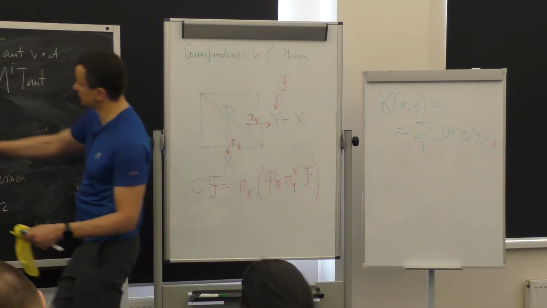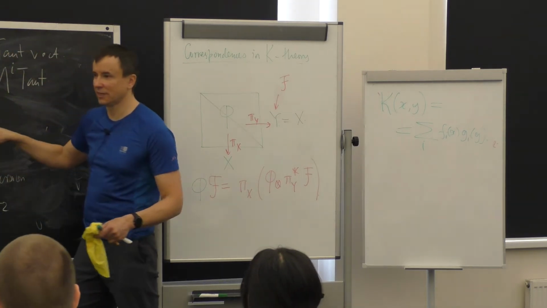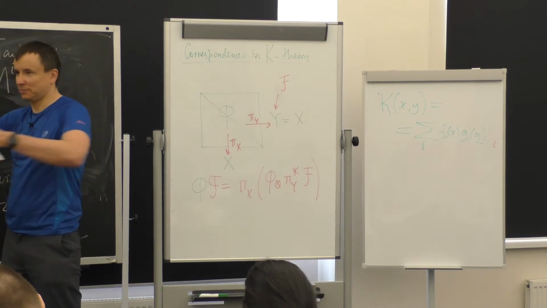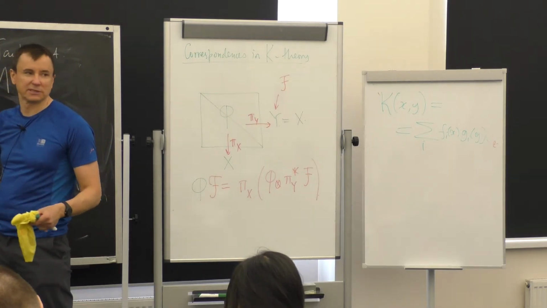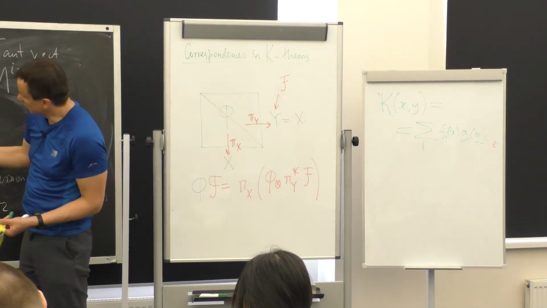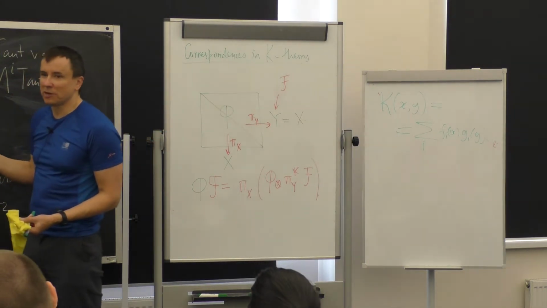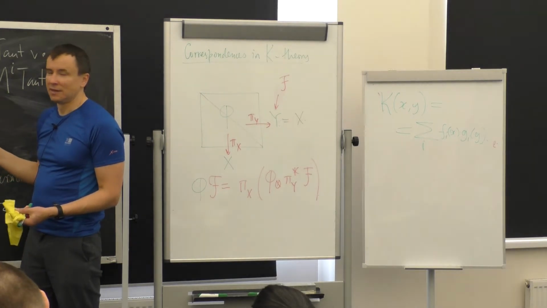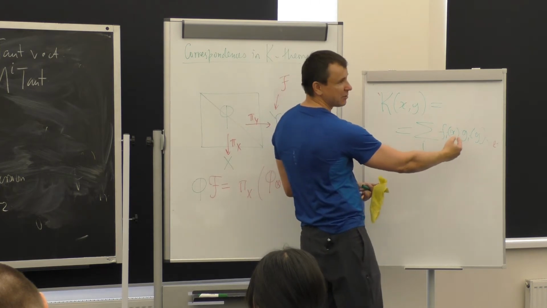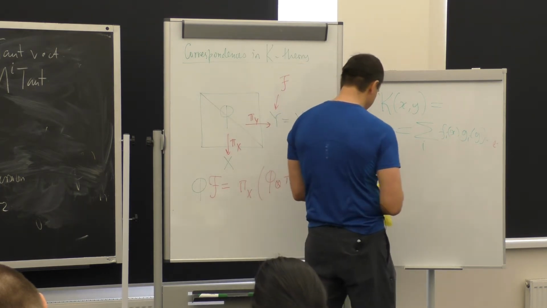And I wrote this tensor for emphasis. I write some expression in L1 and L2, and I just expand it out. I'll get a sum of terms of the form something in L1 times something in L2. And so when I apply this operator to a function, what am I going to get? I'm going to get the